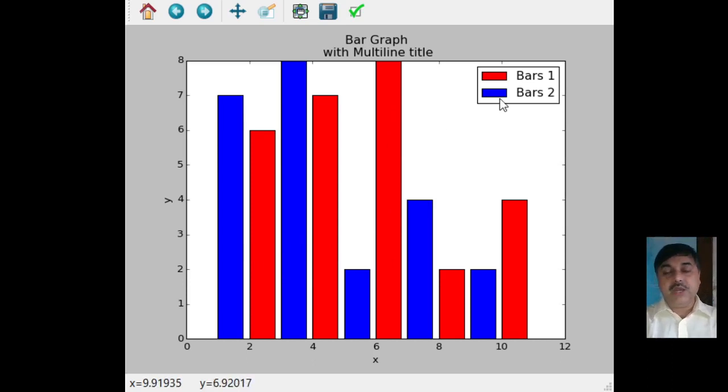Okay, from here we can derive these equations: the default color is blue. So when the default color is blue, the next graph will come in a blue color, so it has been shown in blue. Now you see here that we have given the bar graph, then \n with multiple lines. As we have given \n, it will be a new line, so the text has come in a new line.